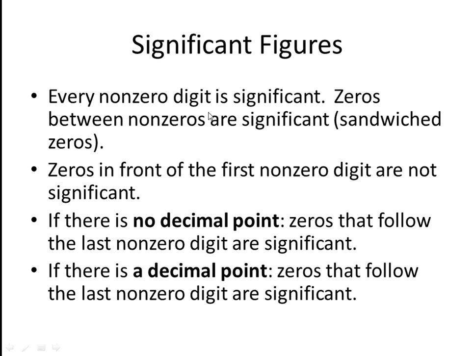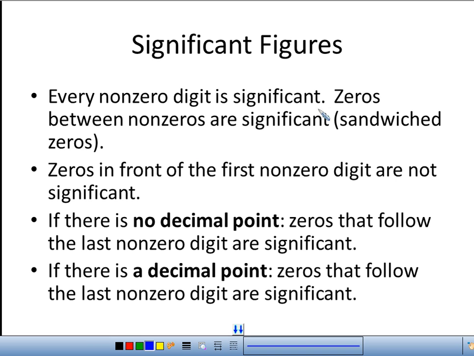So if it's a 1 through a 9, whatever, it's a significant digit. Where the problems come in are your zeros. Zeros are your problems. So here's a couple of rules. Zeros between non-zeros are significant. Sandwich zeros is what I call those. All right. So if I looked at a number, let's say I measured the mass of something, and it was